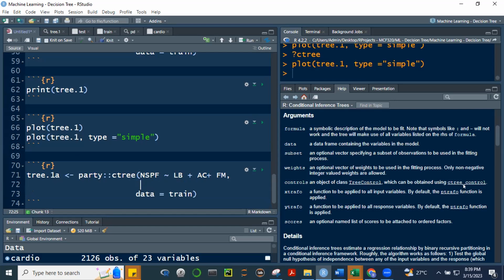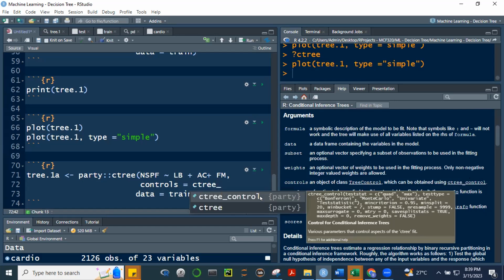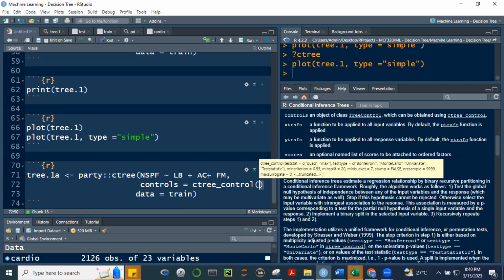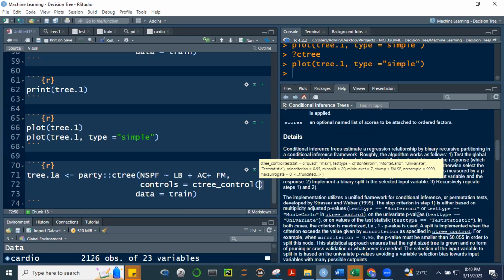Controls, no? CT control. Controls is equal to ito, CT control, C3, yan, C3 control. Then i-identify natin. Mag-try lang tayo. Kunyari, kasi ang default niya 95% eh. Yung minimum criterion. Here, sabi niya dito, minimum criterion is 0.95.